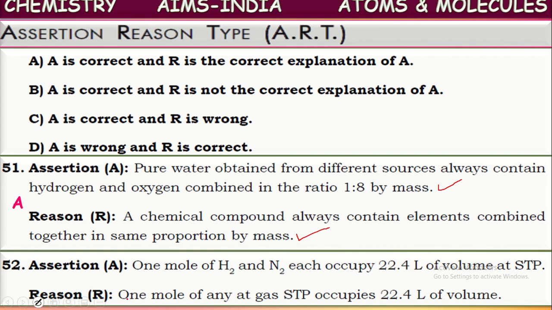The same as what we told now. 1 mole of any gas at STP occupies 22.4 liters of volume. So this is also correct. Both are correct here, and it is the correct explanation also. So for this also, what answer do we get? A: assertion and reason both are correct, and reason is the correct explanation of assertion. So A is the correct answer. This is correct, right? Next,